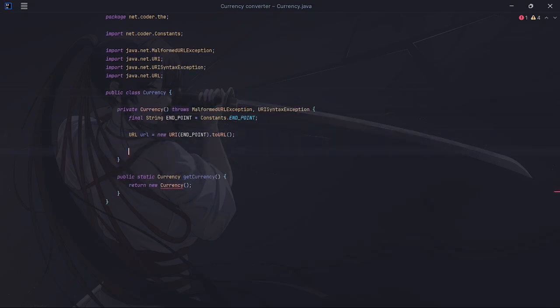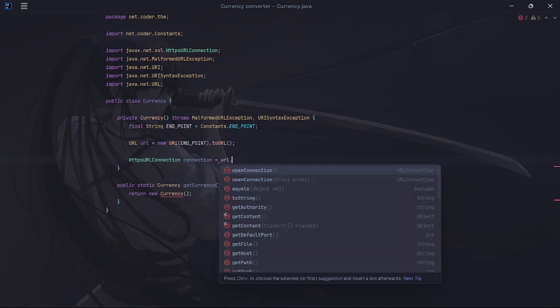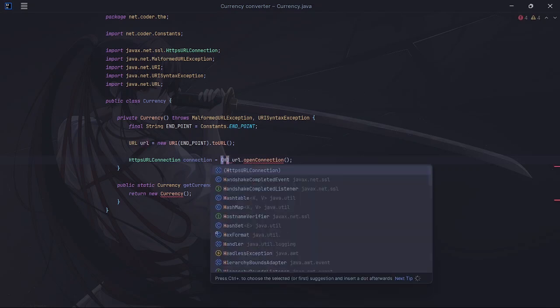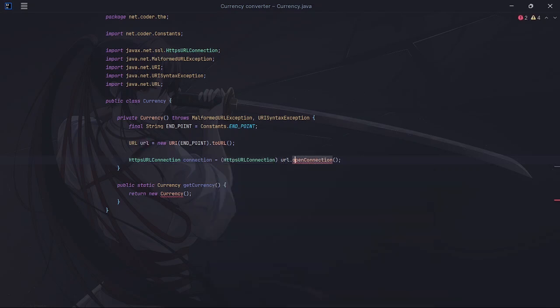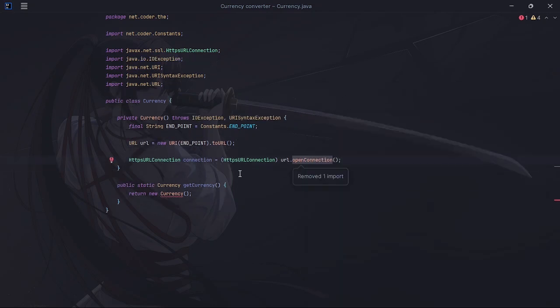And then what we need next is going to be an HTTPS URL connection. I'm going to call this one connection. This is going to be equal to URL.openConnection. Like so, I have a compilation error because we need to cast this to HTTPS URL connection, something like that, and then we actually get another exception. I cannot remember what this one is though. Java IO. Okay, let's just add that with signature. All right, so we have that,